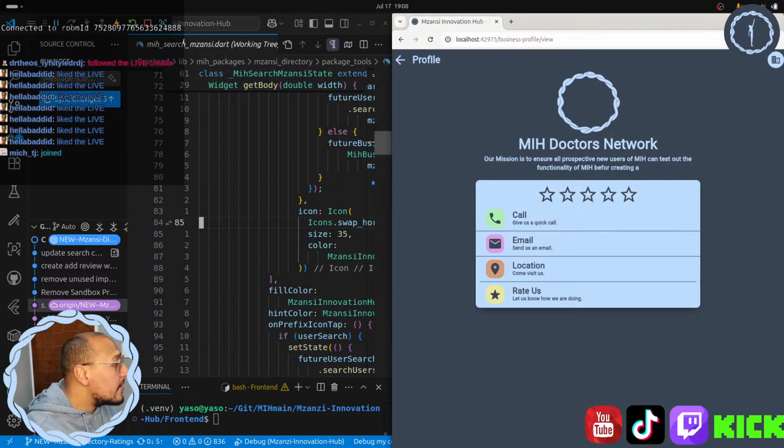You can call, email, navigate, and rate them. So this is the new function, and yesterday we were working on it, trying to get it up and running, but there were some problems that we were facing with alignment and all of this. We managed to fix it, and I figured out what the problem was. It was such a silly issue, but I'll tell you what it was.